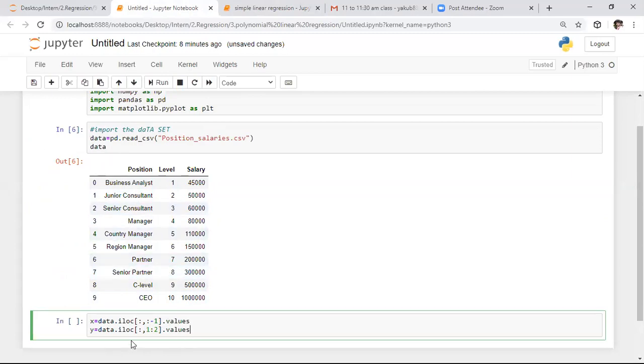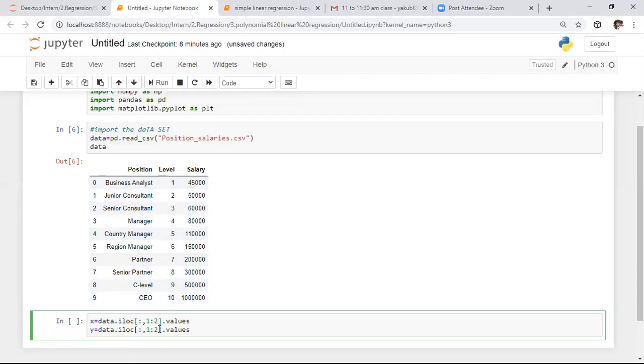After that, what do we need to do? Sorry, we copied this from the previous folder, right? Here we need to specify the input as this level column. It is present at the first index, since indexing starts from the 0th index. We need to specify the column at the first index, so for that purpose we say 1:2. Here 1 is included and 2 is excluded. That means we are specifying the input as this level column.